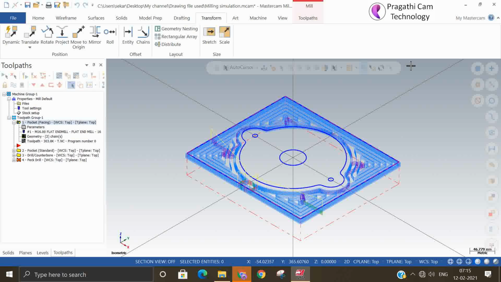We have seen what tools are available, the types of tools available, how to make a tool library, how to make a new tool, and how to achieve the feed rate and spindle speeds based on material. Those things also we have seen now. Thank you.